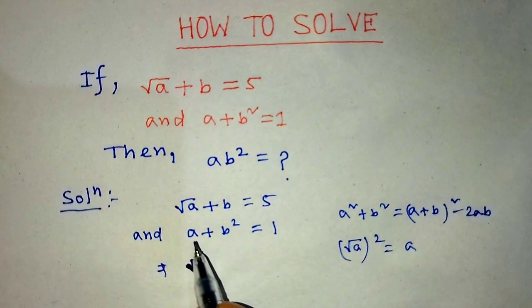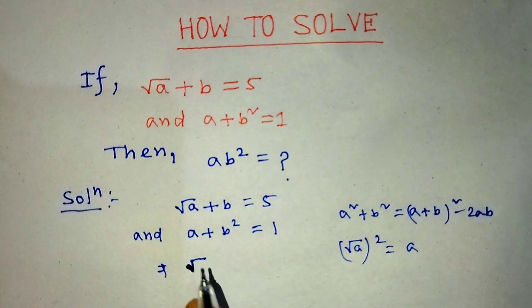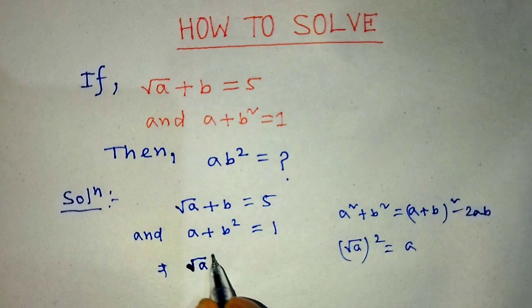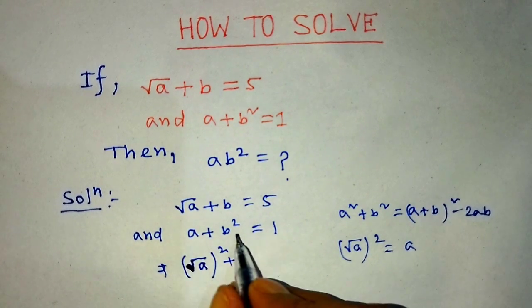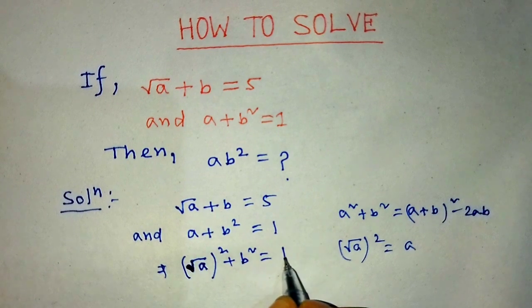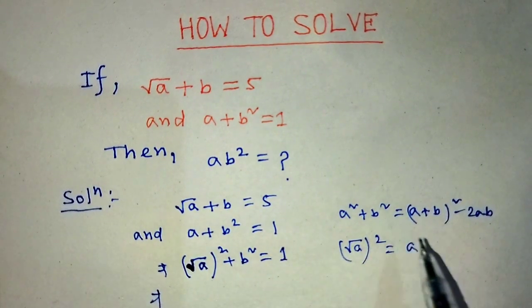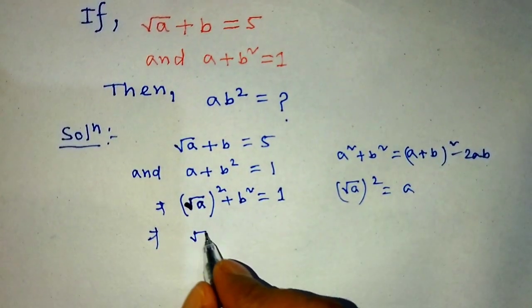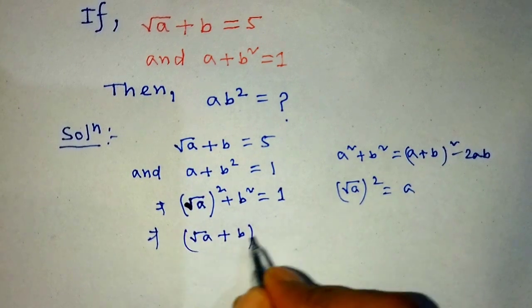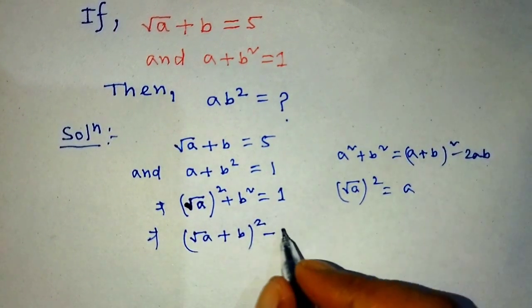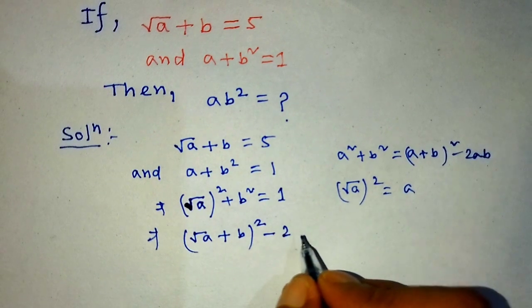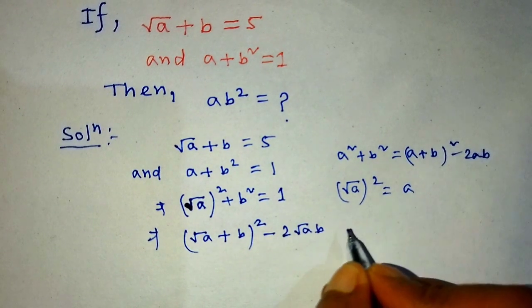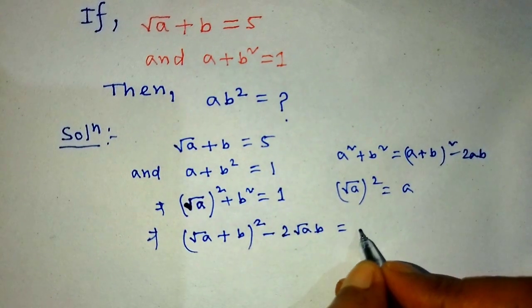So we have to write a in square form. Okay, so in the place of a we have to write root over of a whole square plus again we have to write b square is equal to 1. Okay student, after that we have to apply this formula on left hand side. Okay student, so after applying this formula on left hand side, we can write from this algebraic expression root over of a plus b whole square minus, so here is 2ab. Okay, so in the place of 2ab we have to write in here 2 into root over of a into b is equal to, on the right hand side again we have to write 1.